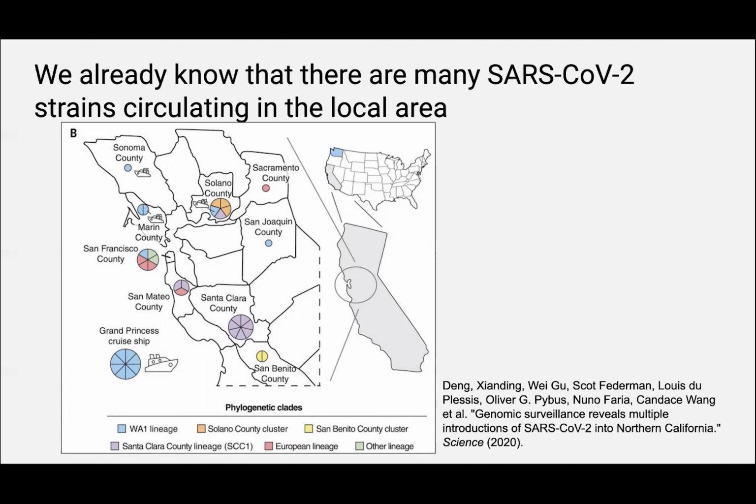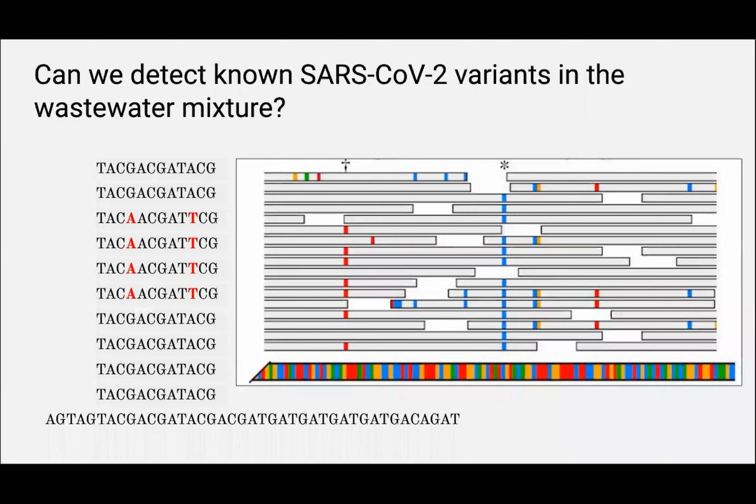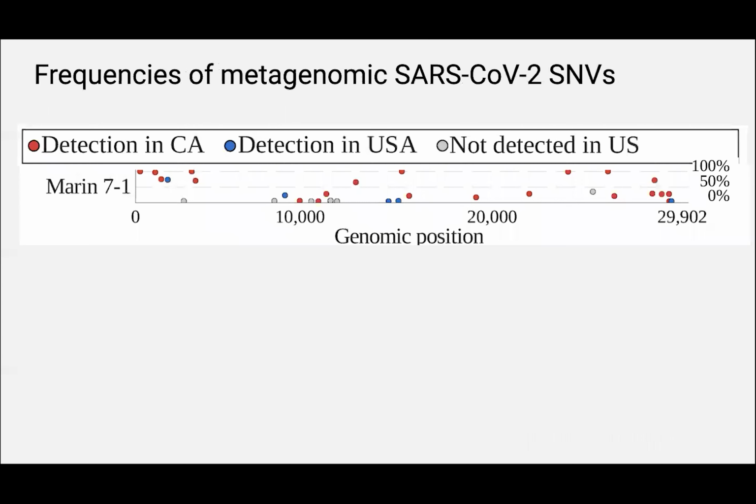So we were expecting that we would be able to also detect many strains in the wastewater. And that was the exact question. And in particular, we were really interested in asking, well, can we detect the known SARS-CoV-2 variants in our mixture of wastewater data? So we might, for one sample, like this sample from July in Marin County,